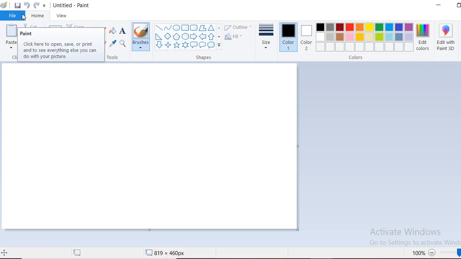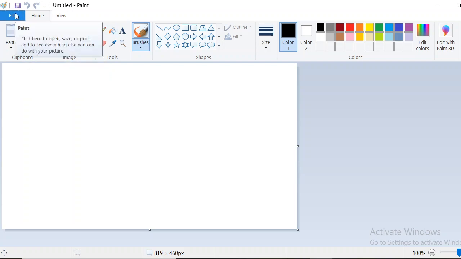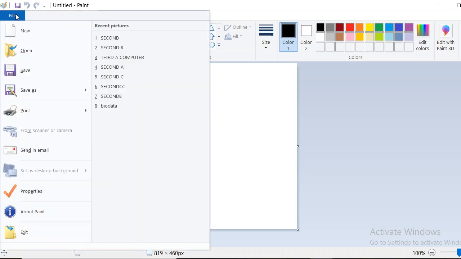Below the Quick Access Toolbar, the menu bar is there. The menu bar contains three menus: file, home, view. In the latest version, instead of menu bar we say tab. So three tabs are there: file tab, home tab and view tab. Below the menu bar, the toolbar is placed, together called the ribbon. At the beginning the file tab is opened. When we click on this file tab, different options are displayed: new, open, save as, print, etc.